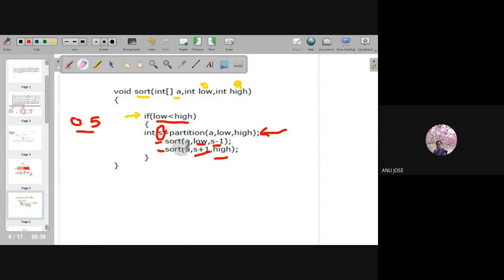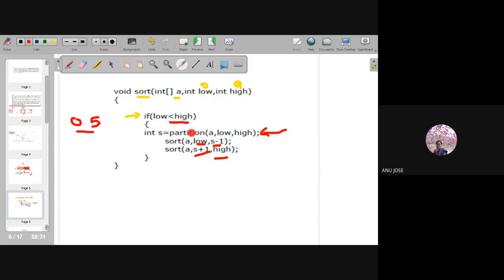What I did was find the S location. What is the S location? The S location tells me that if I keep my pivot element there, then the left hand side, low to S minus 1, will be smaller than the element I have kept in the S location, and S plus 1 to high, the right hand side of this pivot element, will have values greater than the element I have kept in location S. Okay, this is about the sort function and its recursive call.